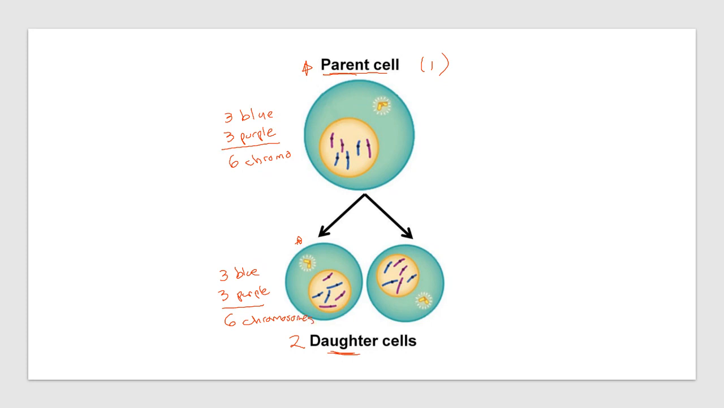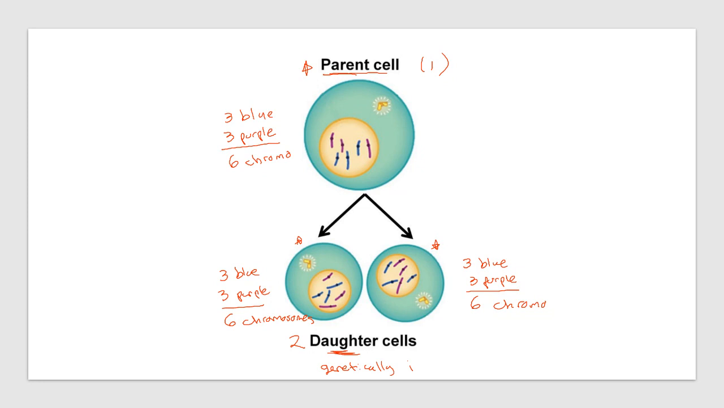Okay, there you go. And what about this other daughter cell? The same thing. You're going to have 3 blue, 3 purple, for a total of 6 chromosomes. But you see how the parent cell started with 6 chromosomes, 3 blues, 3 purples, and each daughter cell is going to end up with the same number of chromosomes and the same type of chromosomes, 3 blues and 3 purples. Okay, that's why we call these daughter cells